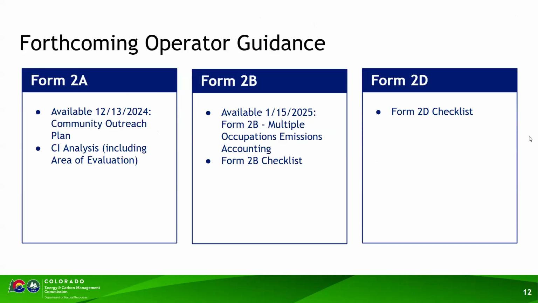Alrighty, so again, status on upcoming operator guidance. For the Form 2A, the community outreach plan guidance was updated to meet the new rules and has been available since December 13th. The cumulative impacts analysis, including information and guidance on how to describe and discuss the area of evaluation, is forthcoming. For the Form 2B, on January 15th, the Form 2B multiple occupations emissions accounting guidance was released,